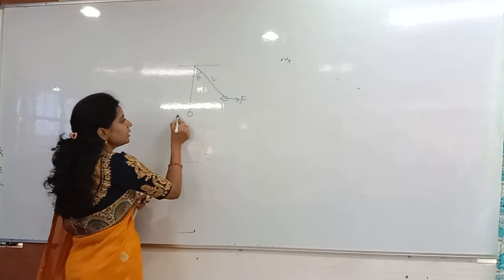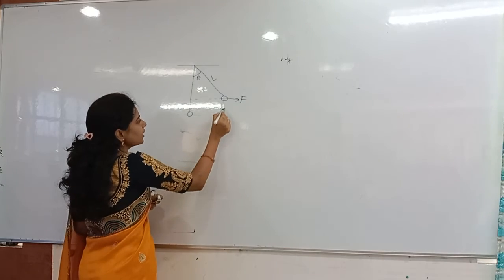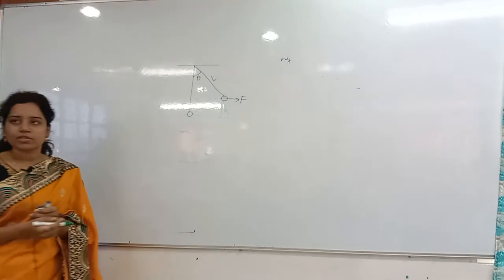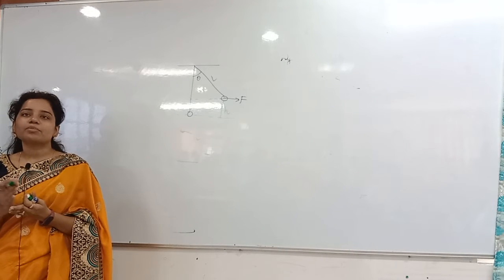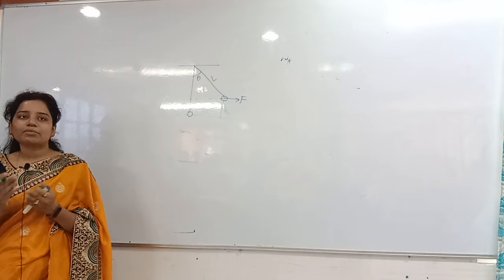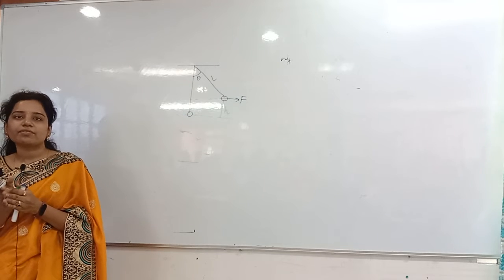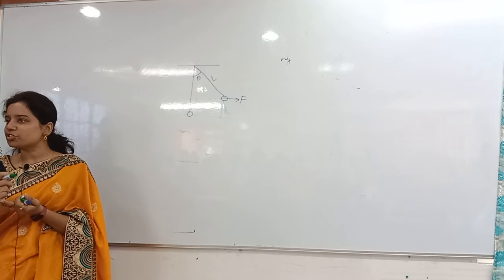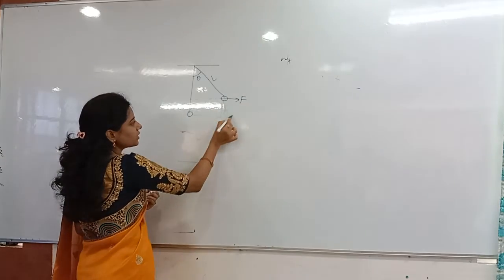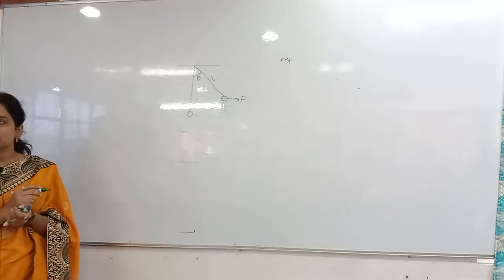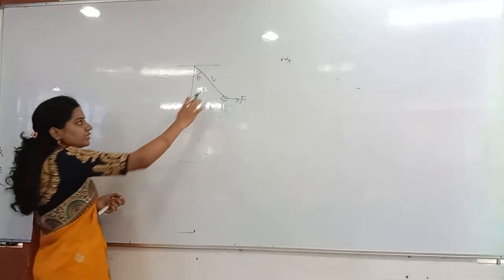So here it is making a displacement of how much height? Let me take the height as h. Whenever you are calculating the work done by the gravity, what displacement will you take? Final position minus initial position only. So this final position minus initial position is having how much displacement? Nothing but h displacement. Now this is L.